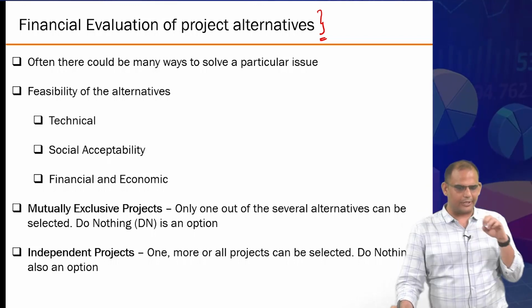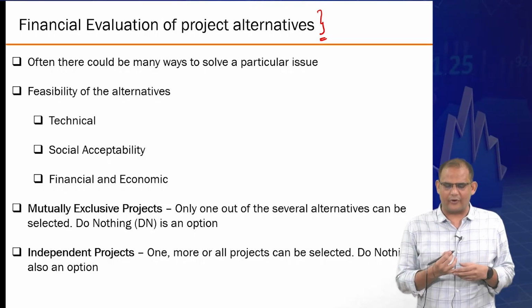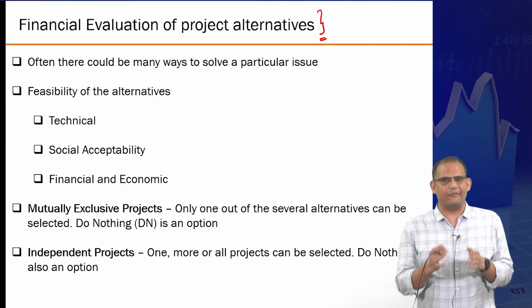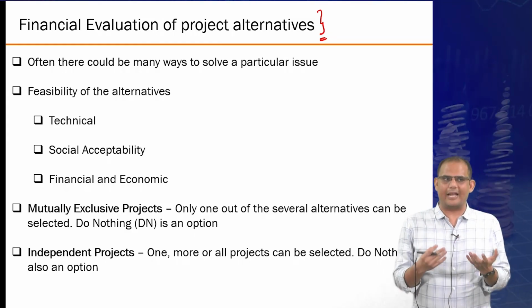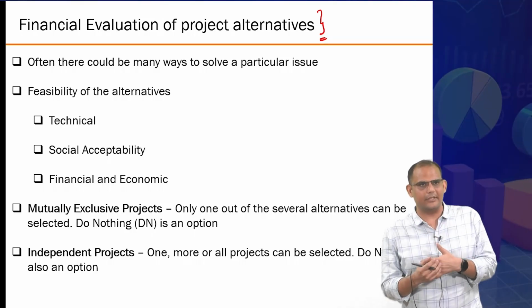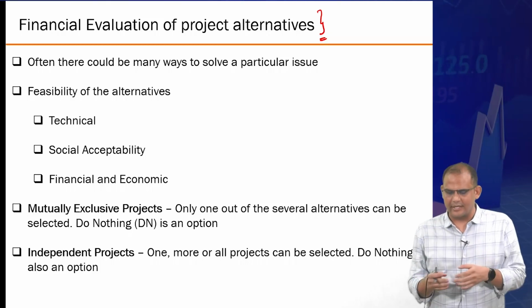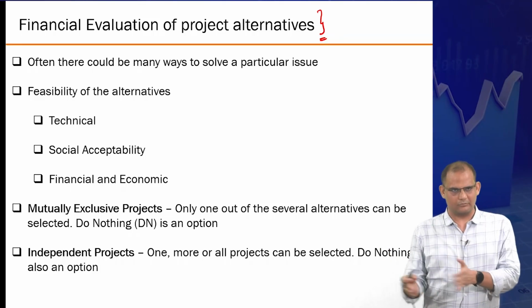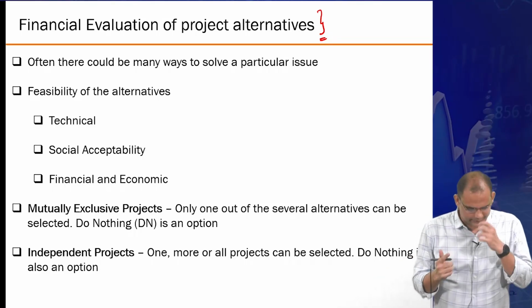And I also introduced in the beginning of the course that one of the major roles of this particular subject is to evaluate alternatives. If there are multiple methods to do the same thing, which is more financially sound compared to the other? That's the primary question you are going to answer in this course. And for that, we will learn different methods from now onwards. For the next couple of weeks, that will be the focus of the class, right?